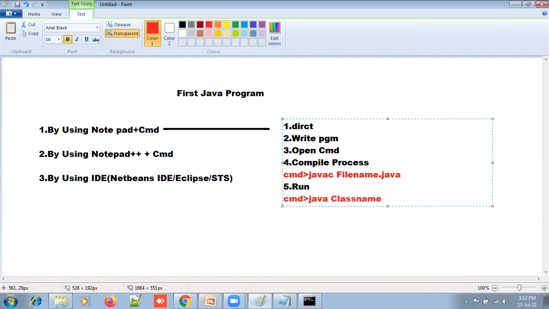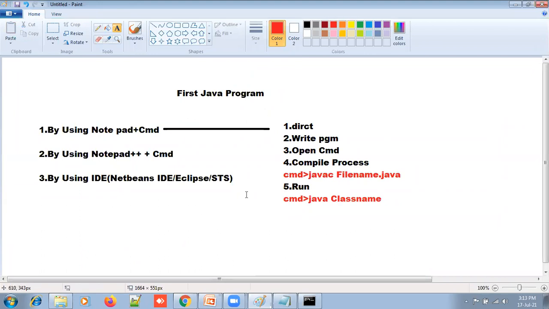Here we don't give dot java, because whenever we compile your particular file, the class file is automatically generated. If the content contains any kind of mistakes or errors, it will show them.